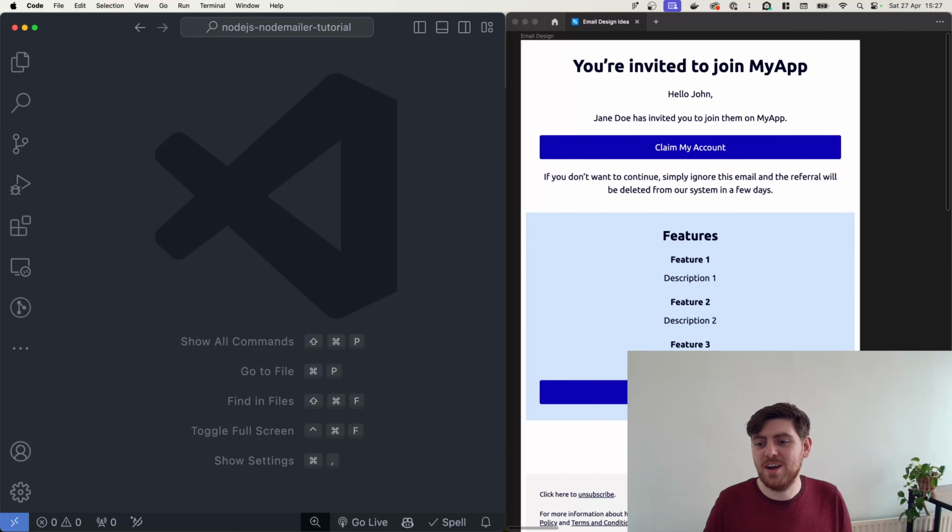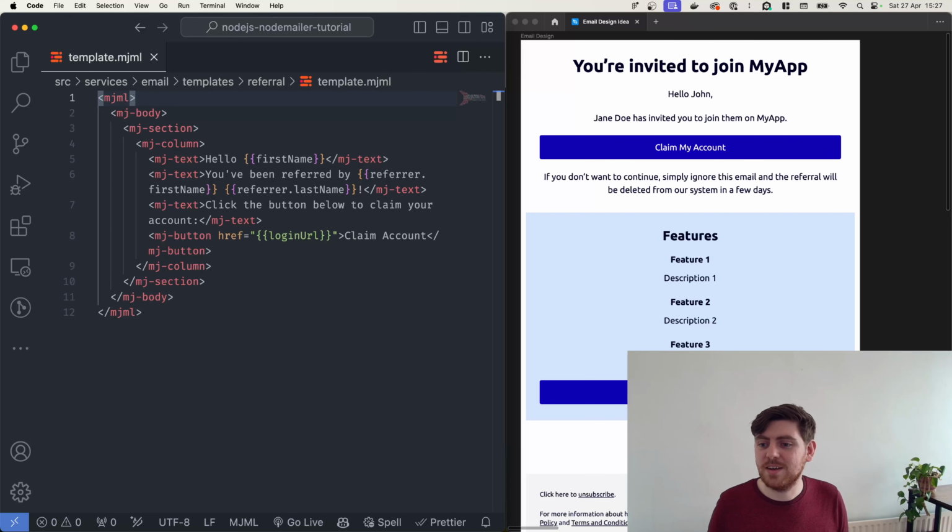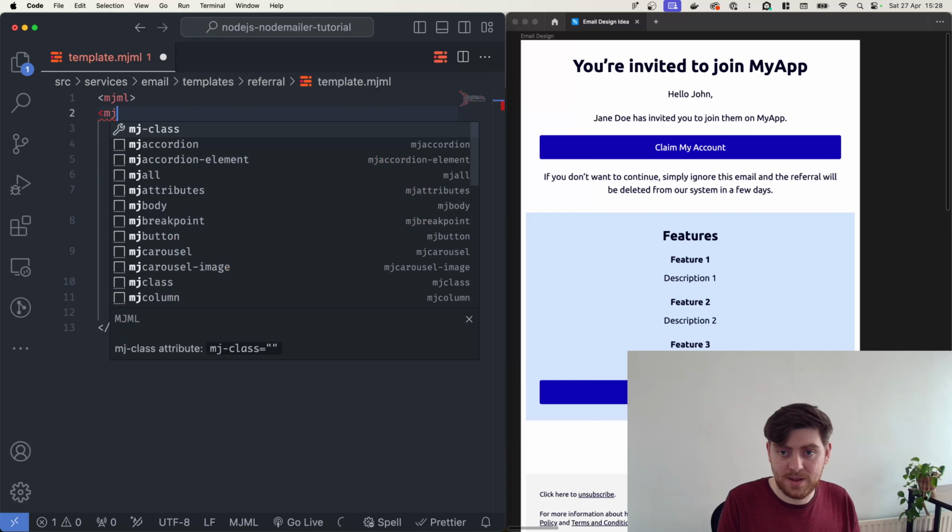So on the right, I've got a design that I prepared in Figma, and now we're going to talk through how to create it in mjml. So I'm inside the referral template. One of the first things that's occurred to me is that there could be a lot of repetition because we have a lot of the same text component. But mjml has a way to handle this, and that's with the mj-head element. So if we add mj-head,